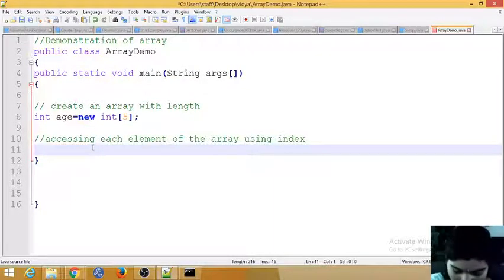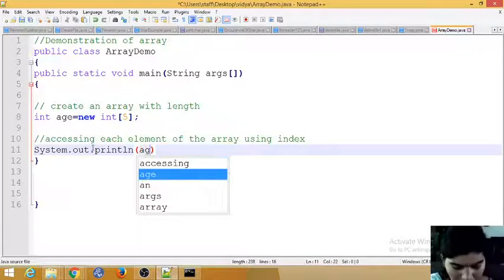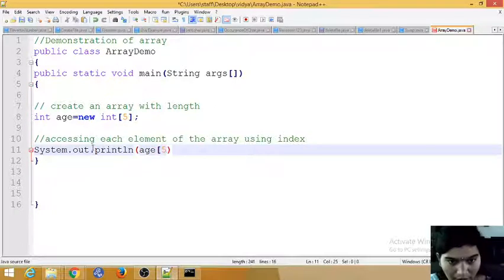We'll print some of the elements and see whether it works with the index. So println, I want to print age of index 5. We'll see whether it works or not.